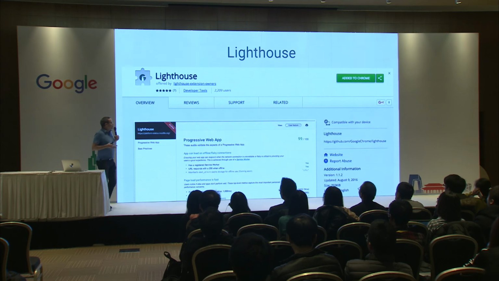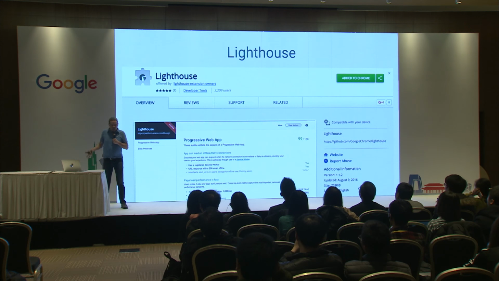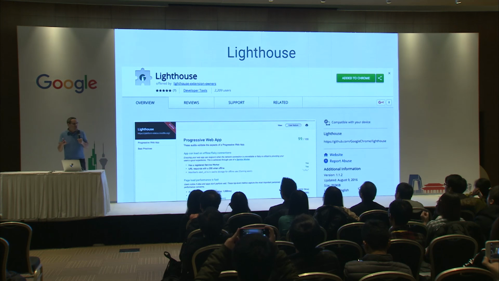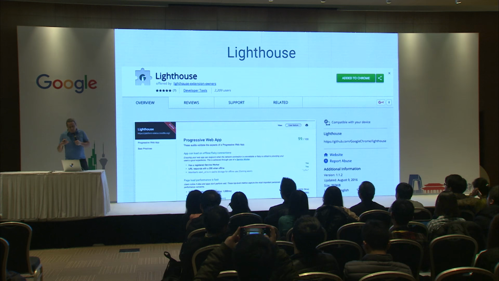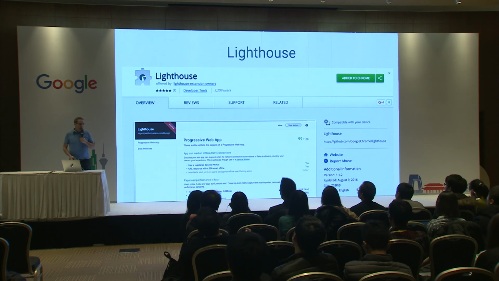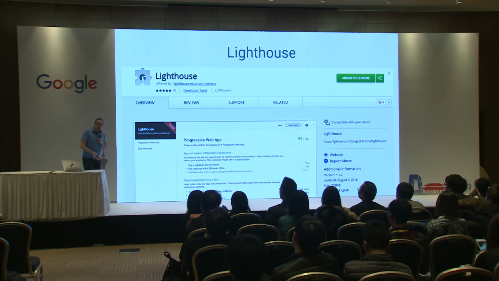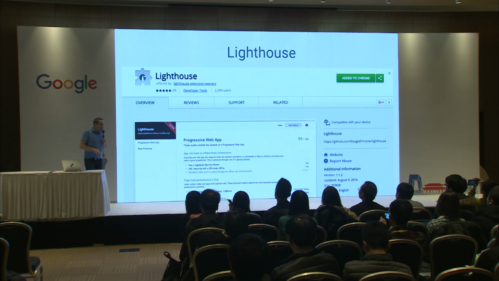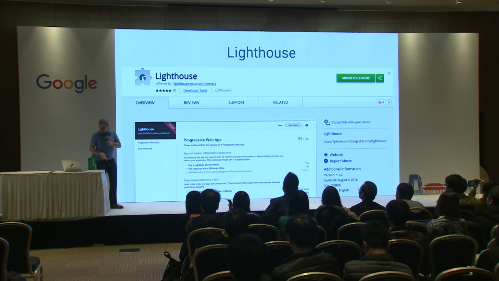So now that we have a feel for what the app does and what it looks like, let's try and figure out how we can improve this implementation. And we're going to use a tool called Lighthouse. Lighthouse is a tool that is built by a number of engineers at Google and automates a whole suite of diagnostic tests that cover areas important to progressive web apps.